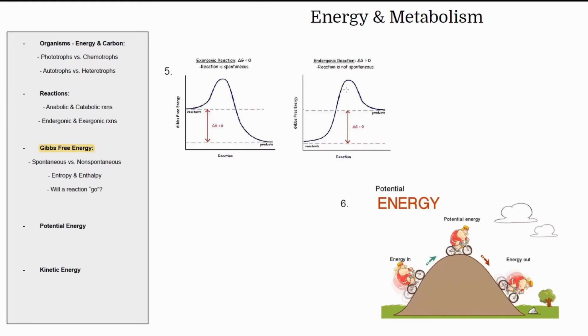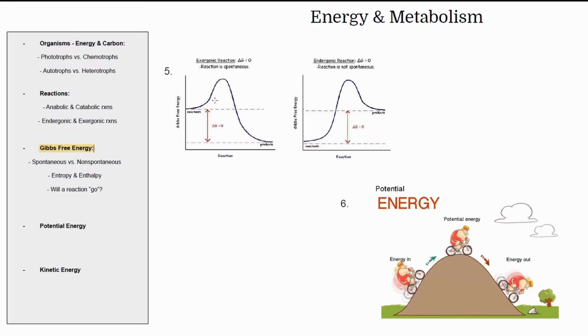Here we have two reactions, one exergonic and one endergonic. If we look at this reaction to the left, the amount of free energy in the reactants is more than the amount of free energy in the products. That means in the process of this reaction, energy must have been released. This means that it's an exergonic reaction as energy was released. Since delta G is less than 0, this means this reaction is spontaneous, so it will go ahead without the